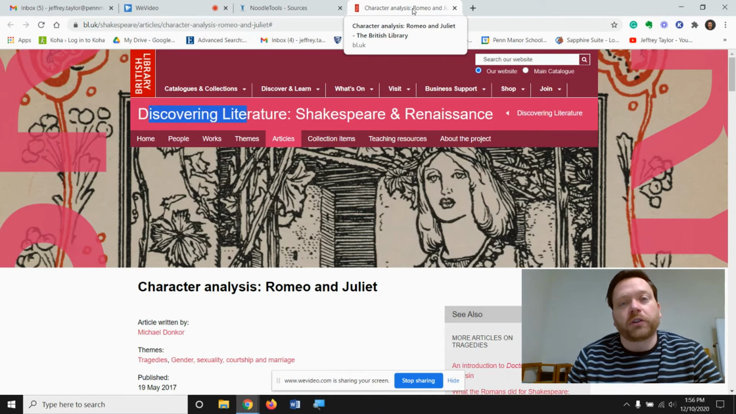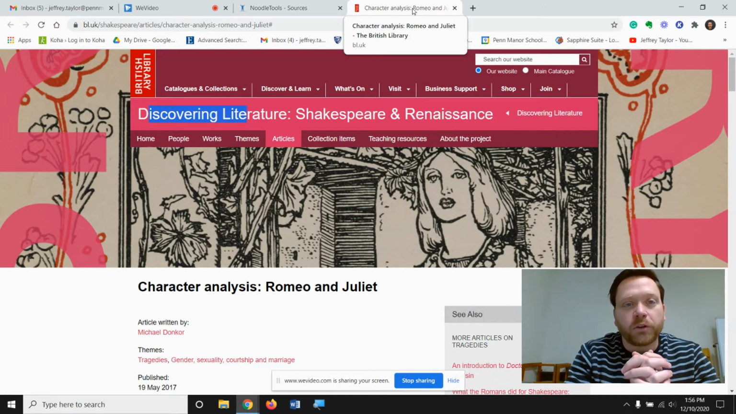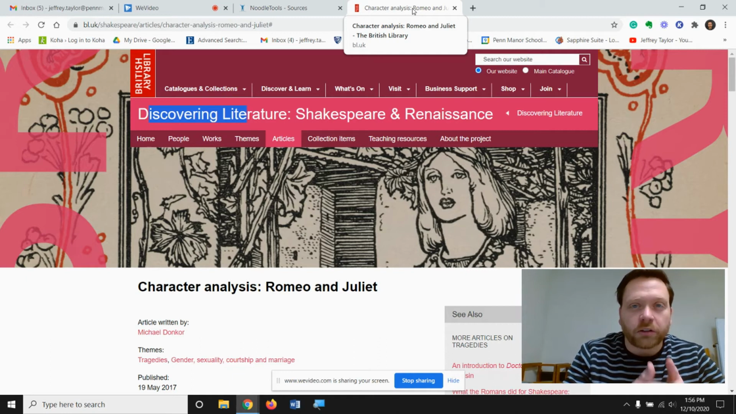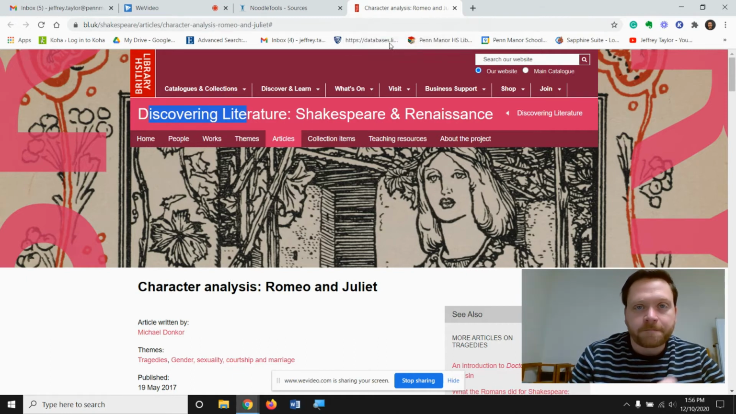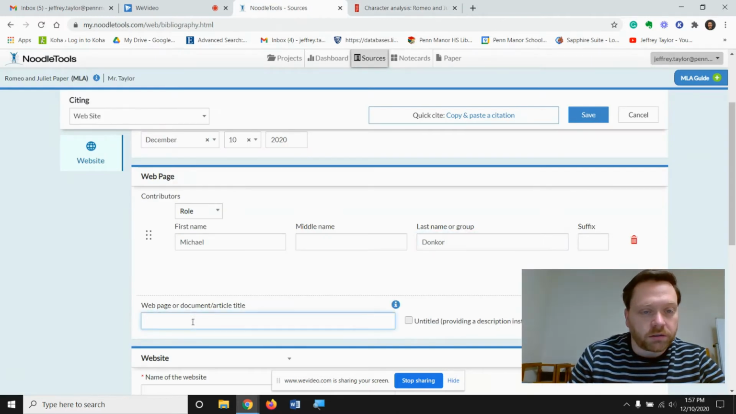If you just lay your cursor on the tab, it often identifies for you right away what the title of that specific page is. And that's a good place to verify and to look. This page is called Character Analysis, Romeo and Juliet. And so if we jump over,